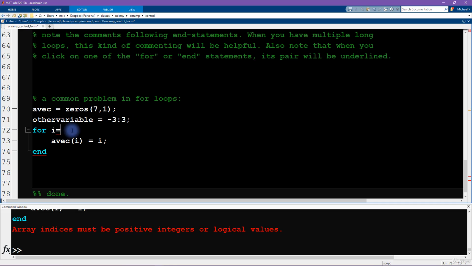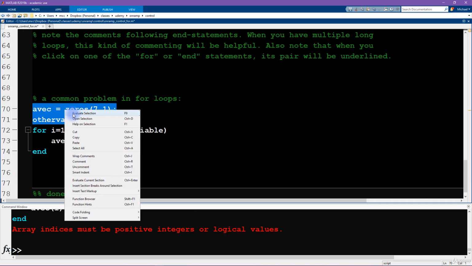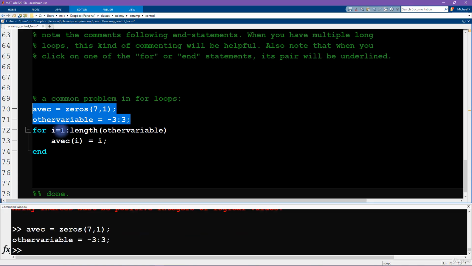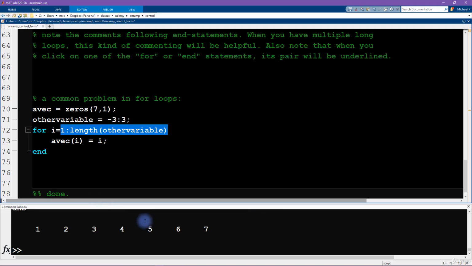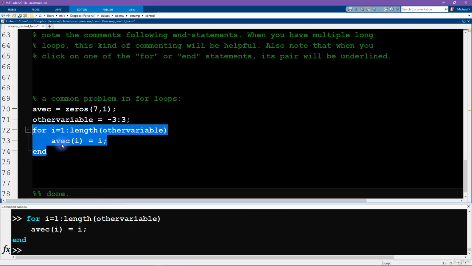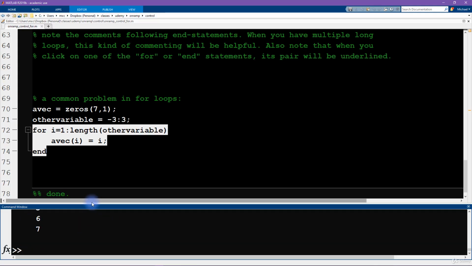And now what should we set i to? Well, because we're using i as a looping index here, we actually want i to be integers that start at 1 and go up to the total number of elements in other variable. So I'm going to say for i equals 1 to, remember I introduced you to this function length, length of other variable. So now here we are initializing the vector. And here i is going to go from 1 to 7. And then we still get our correct result, avec. And this is going to go,